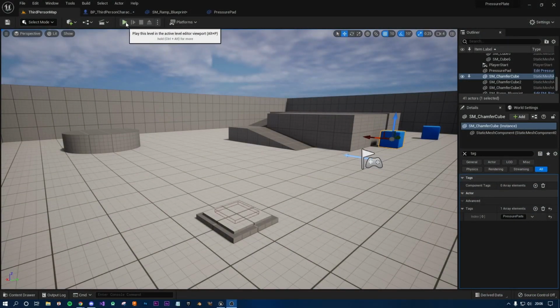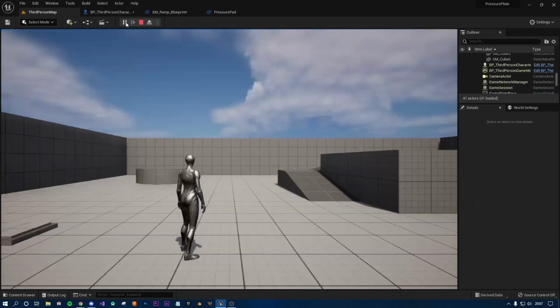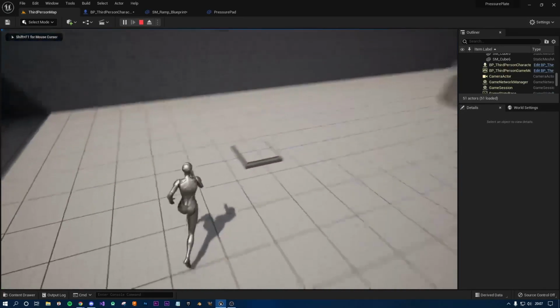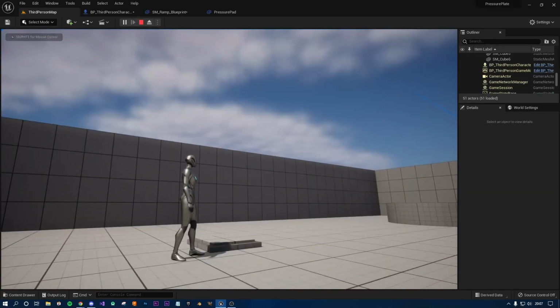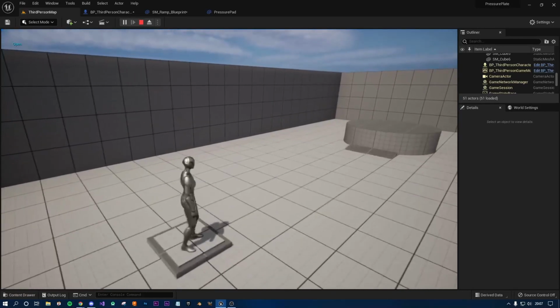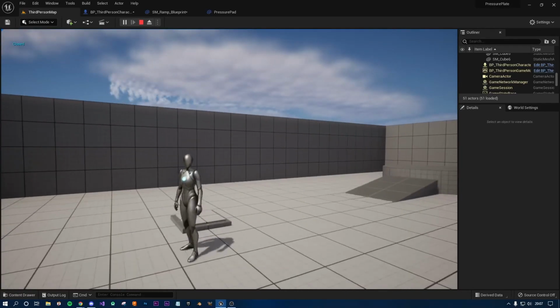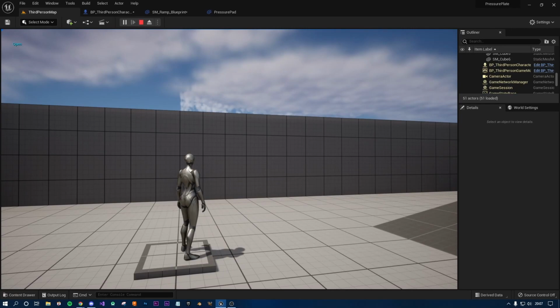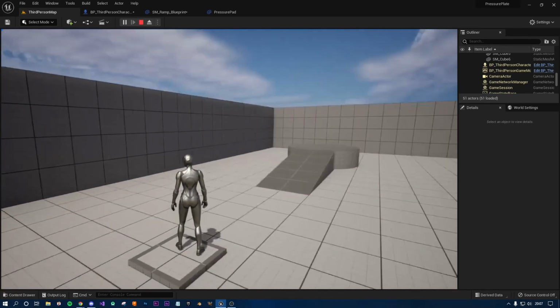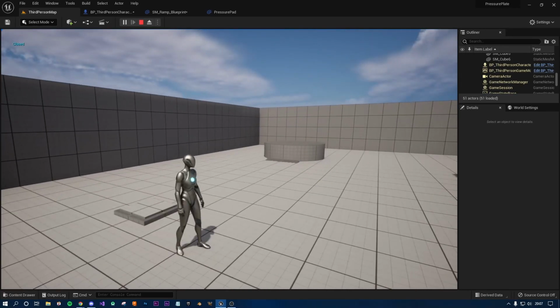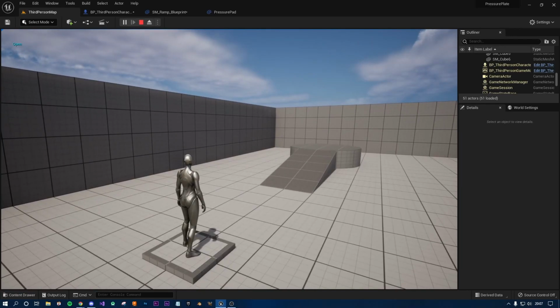In this week's video, we're going to cover a pressure pad button switch idea, and I've gone for a portal style theme. As you can see here, we've got a pressure pad. When you stand on it, you get this nice animation for the button so that you've actually pressed it, and it links to this ramp over here, which you can see animating into the scene and back